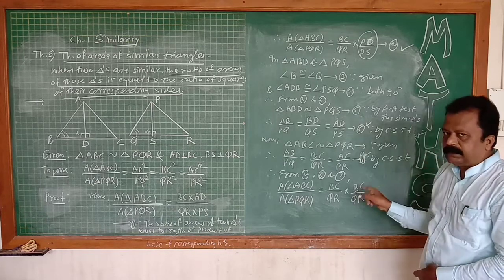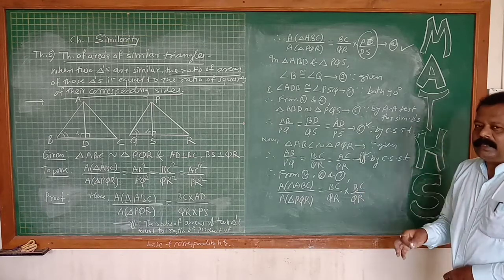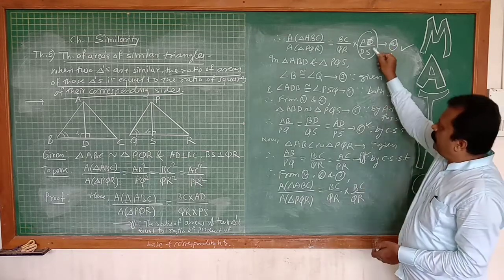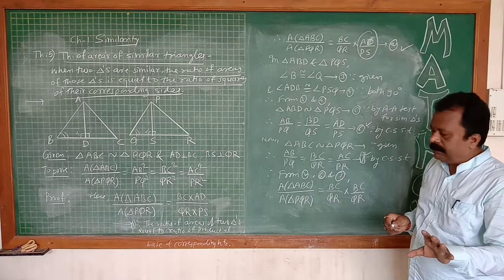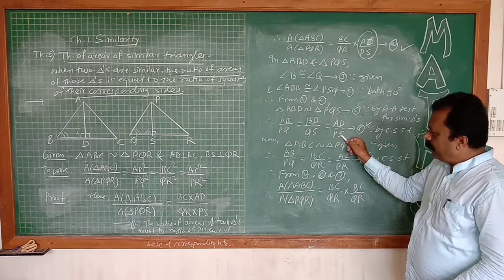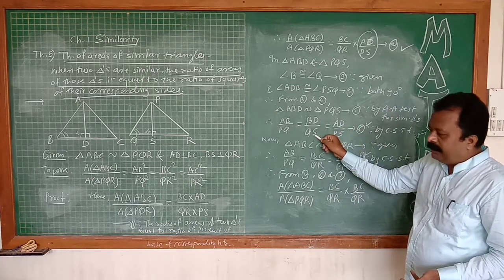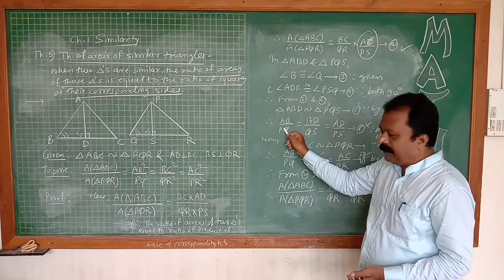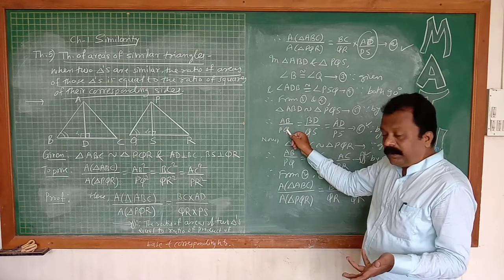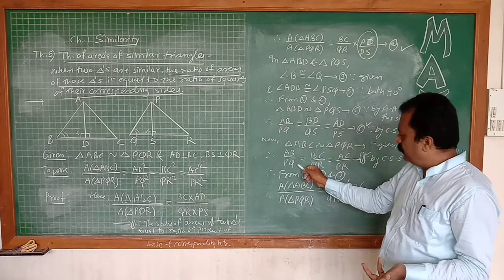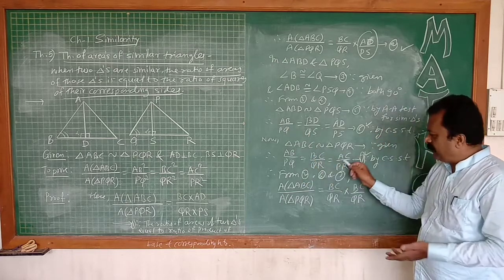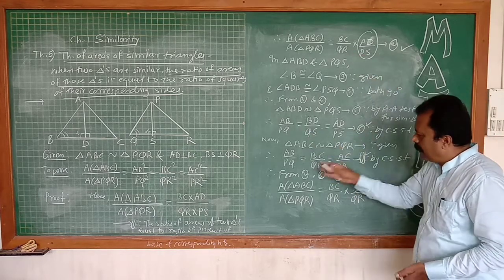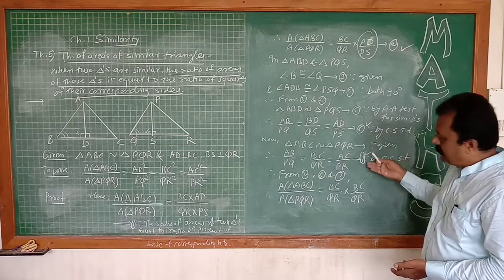Try to understand this. If you don't understand, then directly write it. Suppose the area upon PS is 7 upon 5. Then this is also 7 upon 5 because both are equal. Now the area upon PQ is 7 upon 5, then here also 7 upon 5. This BC upon QR is also 7 upon 5, and AC upon QR also 7 upon 5. Means all these ratios are equal from 2, 6 and 7.